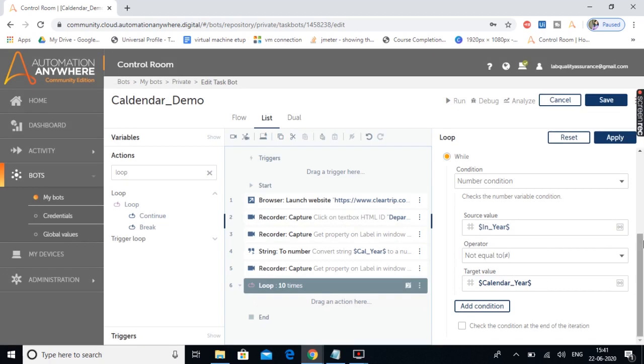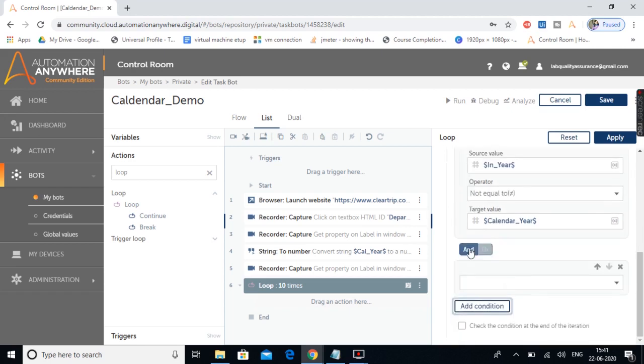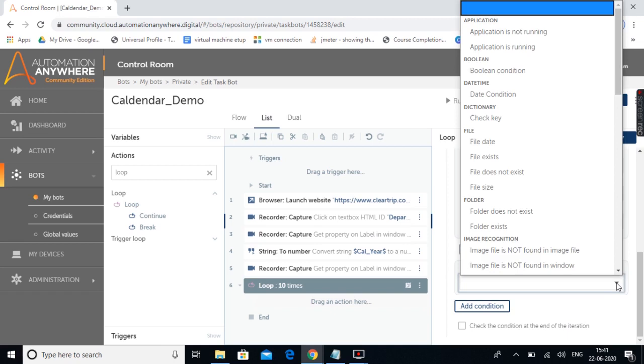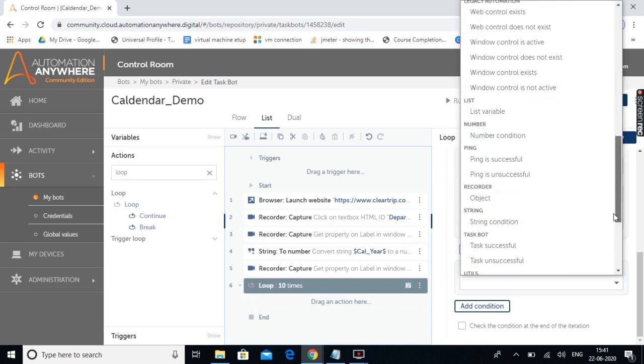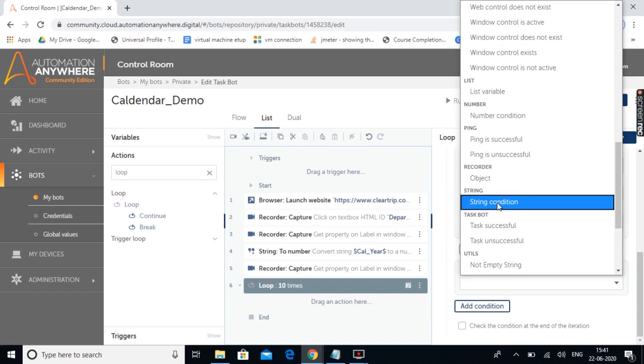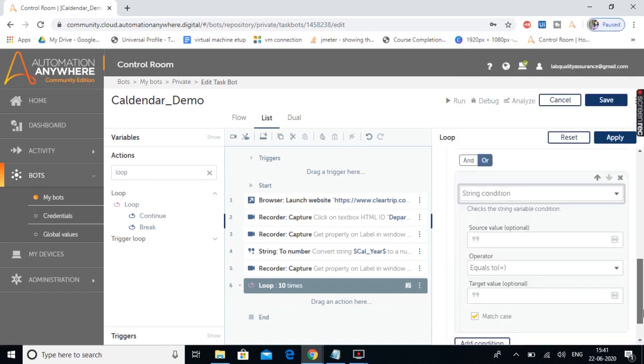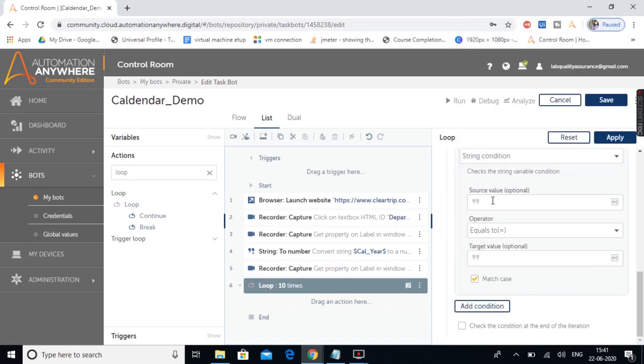We will provide one more condition to check the month. So I'm going to click on add condition, and I'm going to select the option as and or. From these two options I'm going to select or. Why I'm selecting or, I will show you. Let's move ahead, and from the drop down let's select the condition now as string. Here I'm going to provide the months.